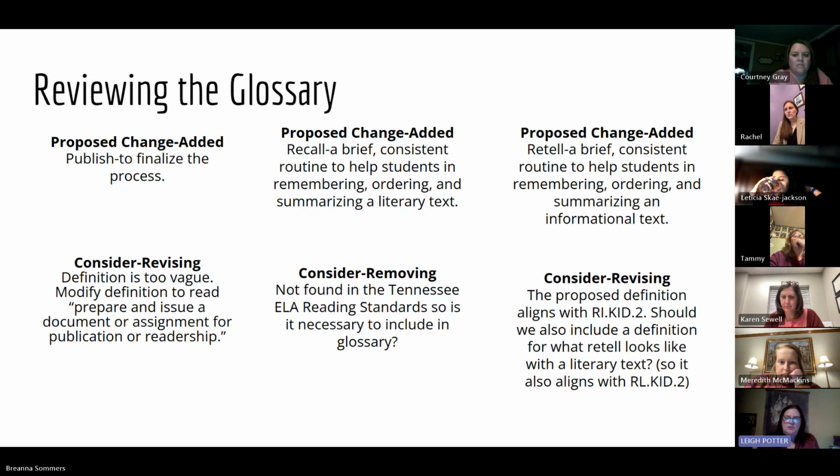But I do remember the conversation about recall being with the informational standard and retell being with the fiction. That's what my note is on retell. Because in the original standards, they had retell in both. And we said for informational, we did not need retell. We needed recall. And I feel, to me, recall